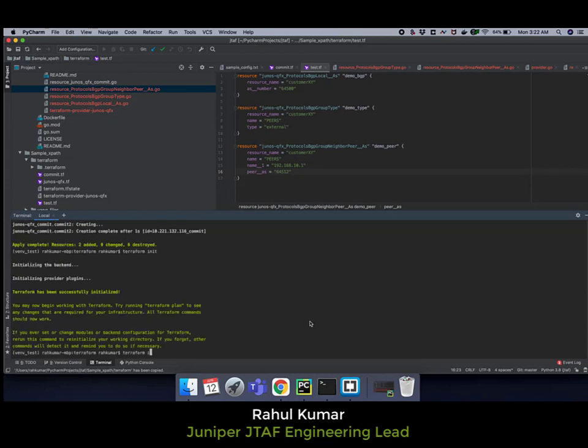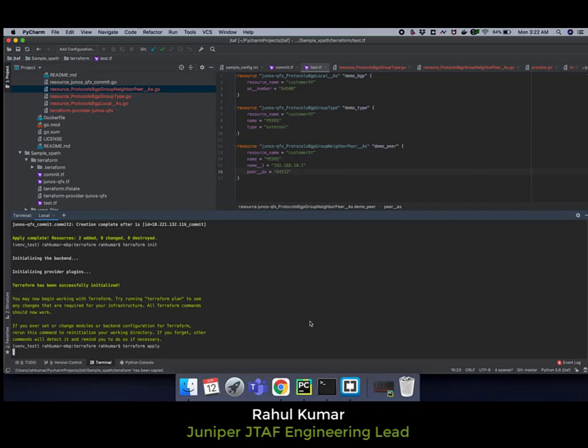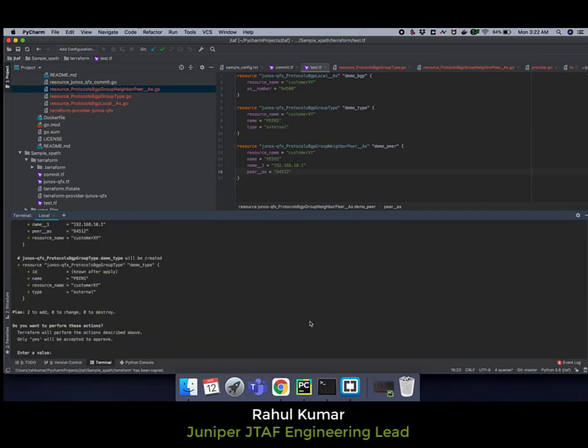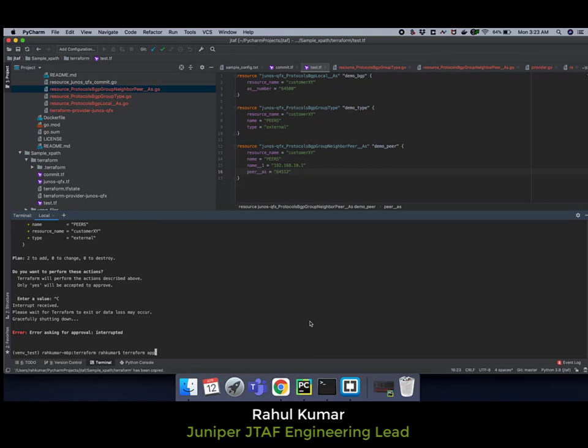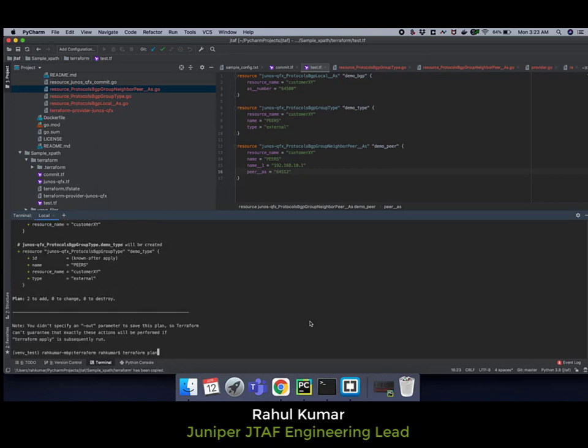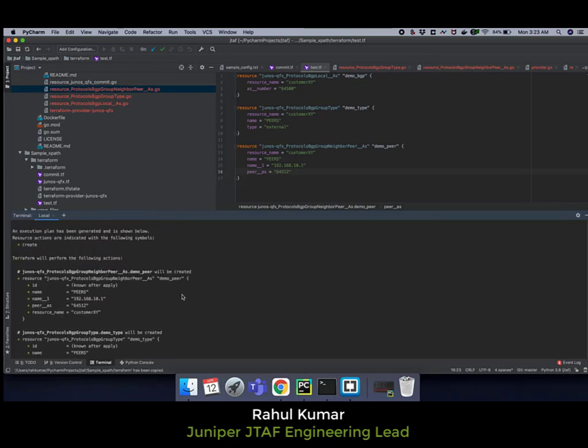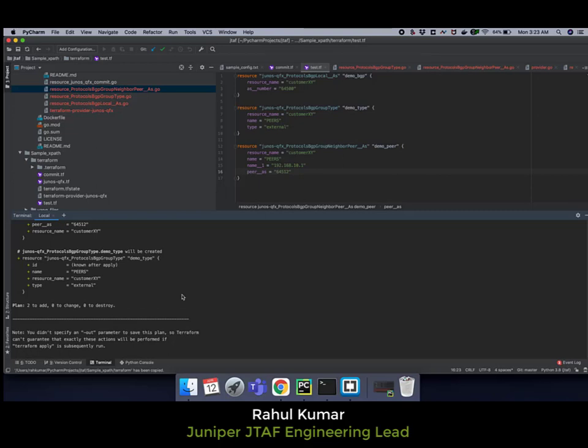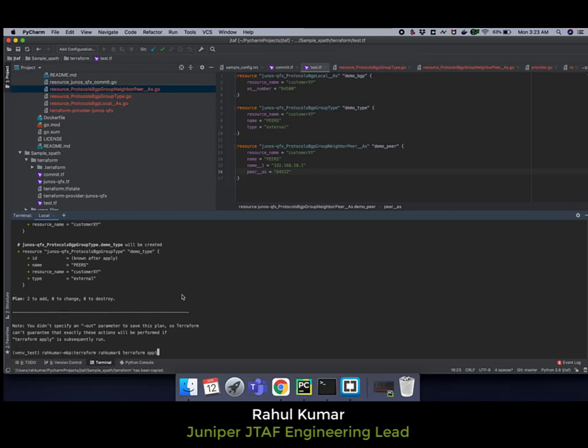Then we will do terraform apply. We first need to do terraform plan, and if you see, it shows what it's going to do. Then we will do terraform apply.